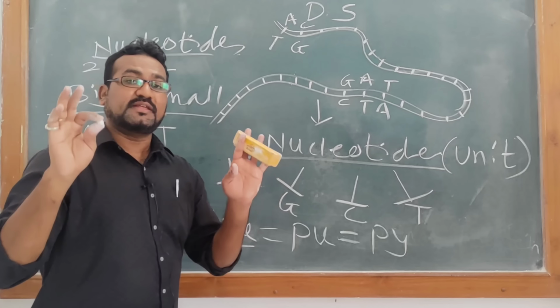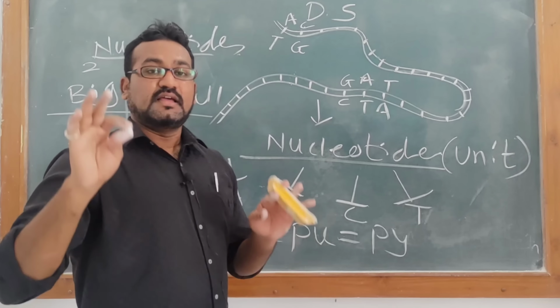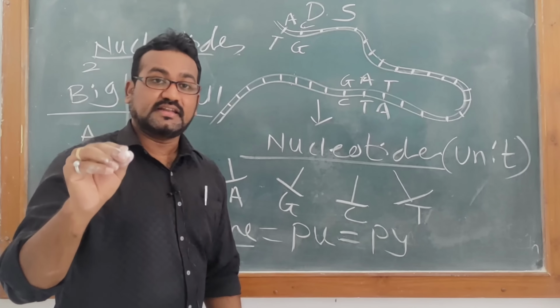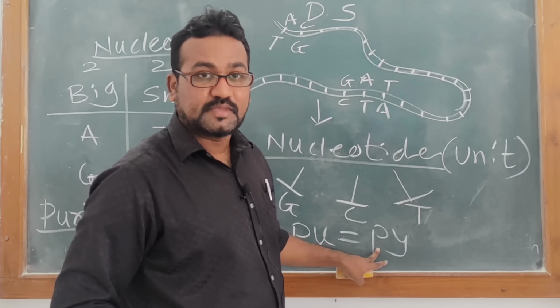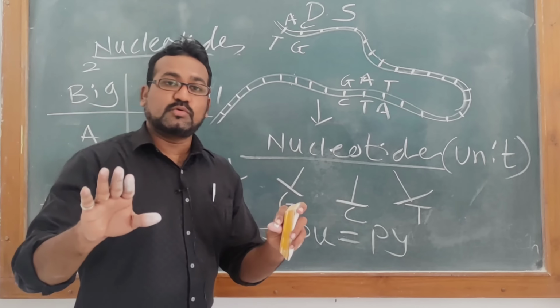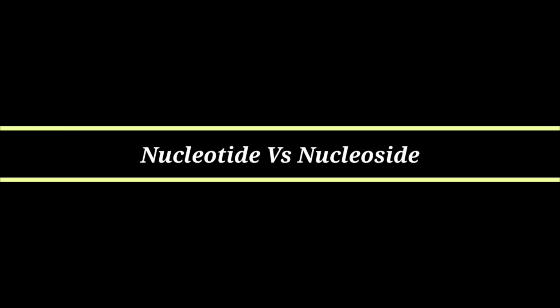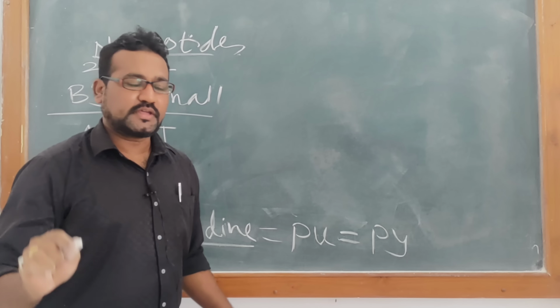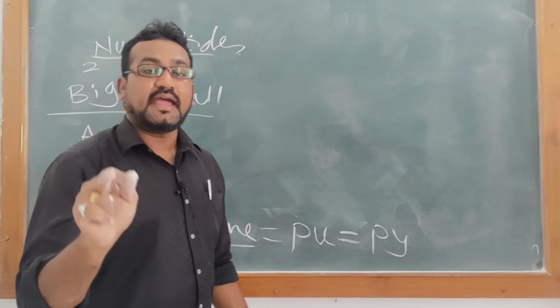So I am telling you very important information here. Highlight and write in your own notebook whatever I am trying to tell you. Purine and pyrimidine are 2 types of nucleotides. Always one purine pairs with one pyrimidine. Purines are big, pyrimidines are small. I will show you how purines are big and how pyrimidines are small. I will wipe this out quickly. After this, we will be looking at how one nucleotide looks.